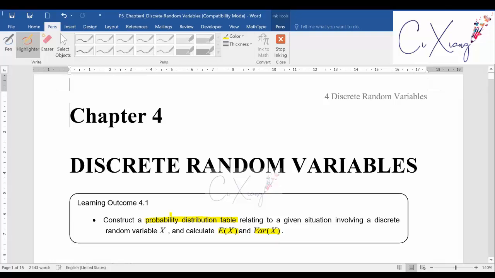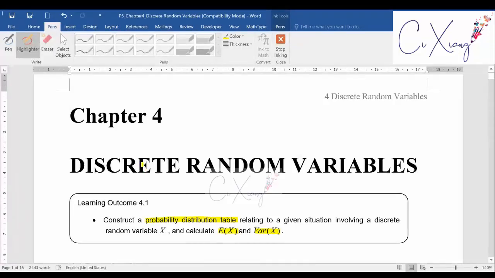Right, so for this topic, it actually covers 3 subtopics. The very first one is about discrete random variable. The second subtopic is binomial distribution, which I believe some of you learned before. And the third one is geometric distribution, which is something new also. All right. Okay, so for the first subtopic, discrete random variable,